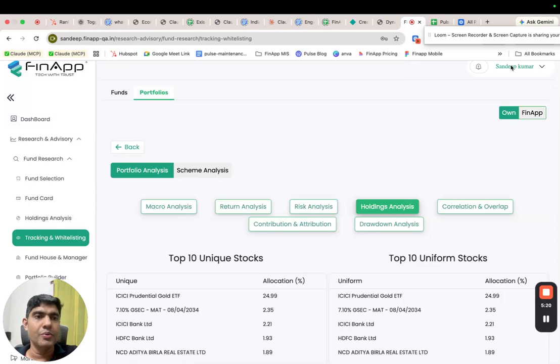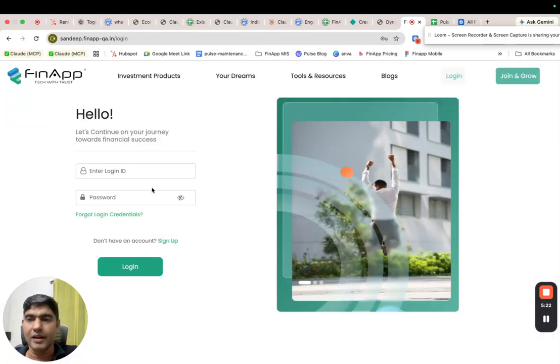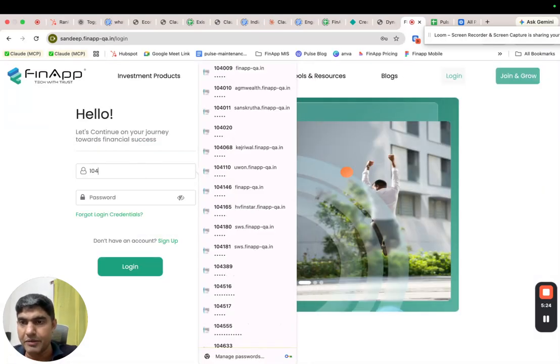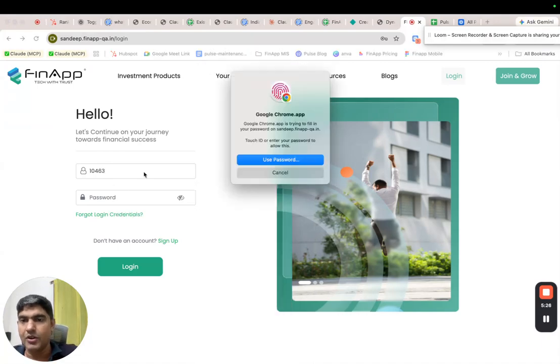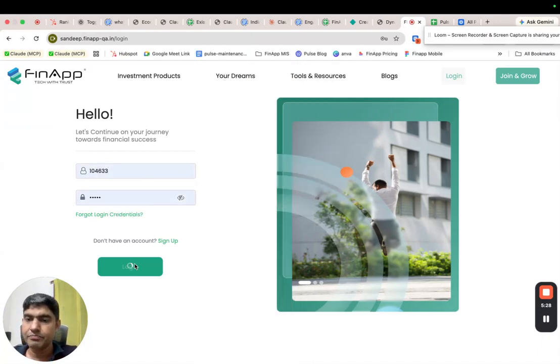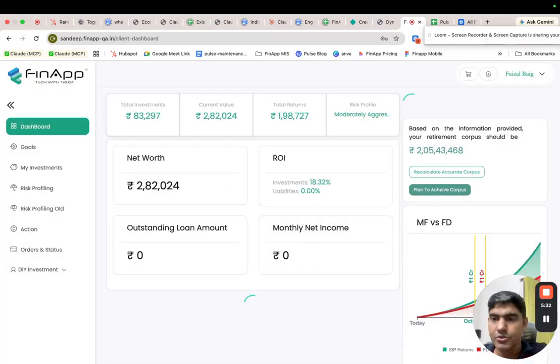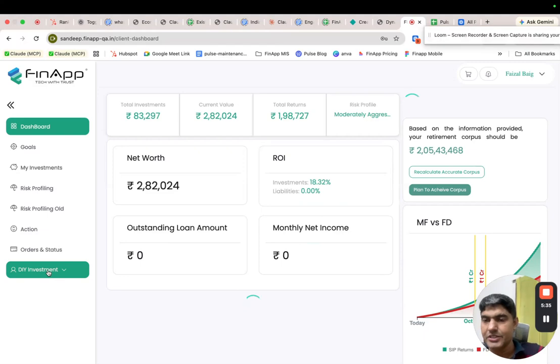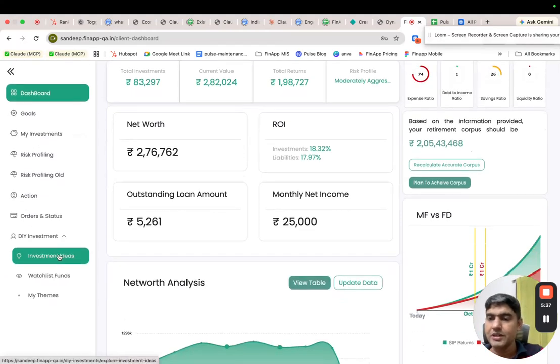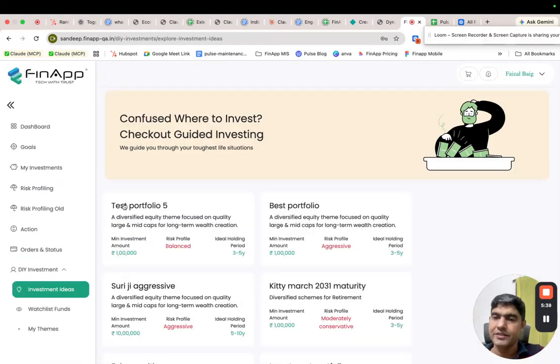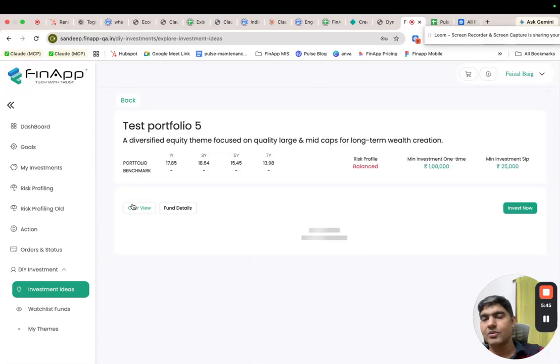Now let me show you how it is going to be visible in the client login. So I'm logging out from the admin part and going to a client login. This is the client login, and you can see that under DIY there is a section called DIY investment and investment ideas. See, this test portfolio 5 is something that we just created, and in a jiffy it is available in the